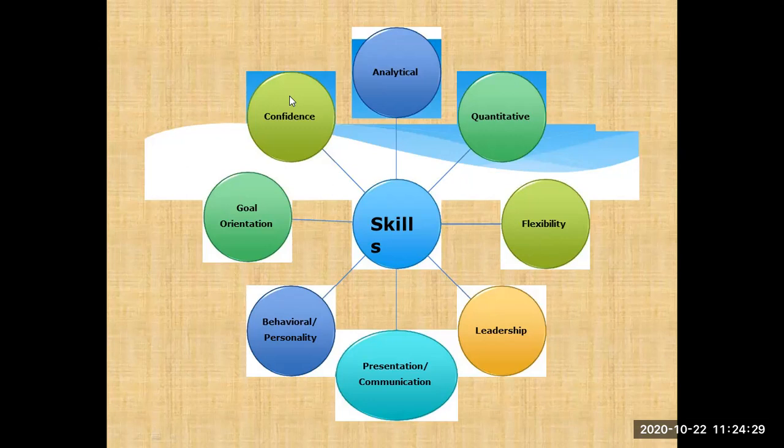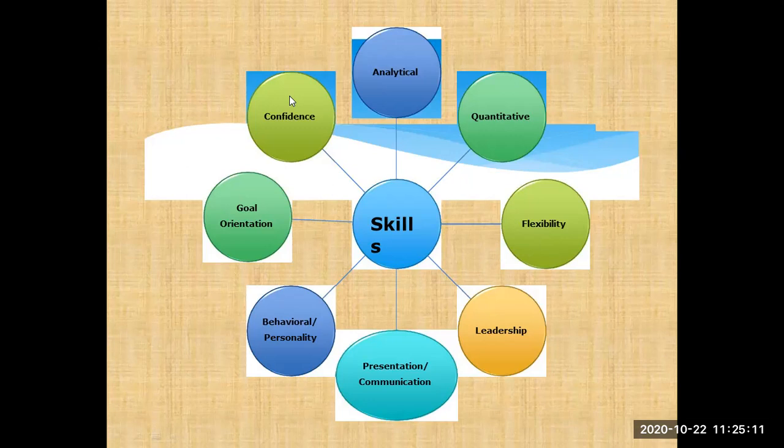If that batsman does not have the confidence that he can bat, then it is of no use. Or if a bowler does not have the confidence or ability to bowl, then it is of no use. That is the optimum level. Then comes the expertise: how fast you score, how many sixes or boundaries you score, how you can defend yourself in a difficult ball situation, or for the bowler, how few runs you give. These are the expertise of the bowlers. But the confidence, the bare minimum requirement, is to bat, to bowl, or in case of a fielder, to field.